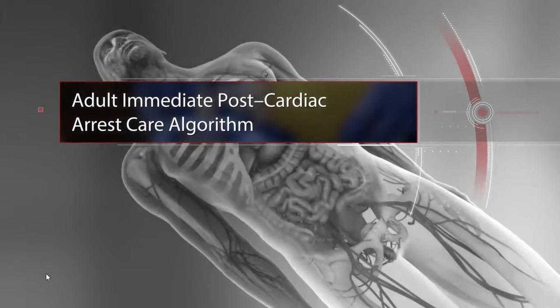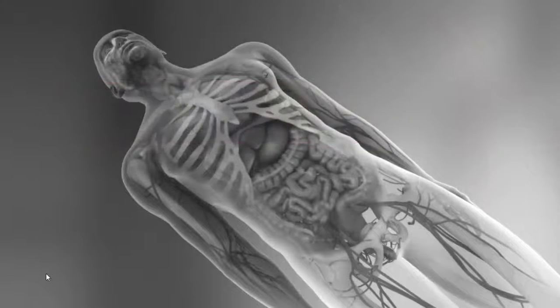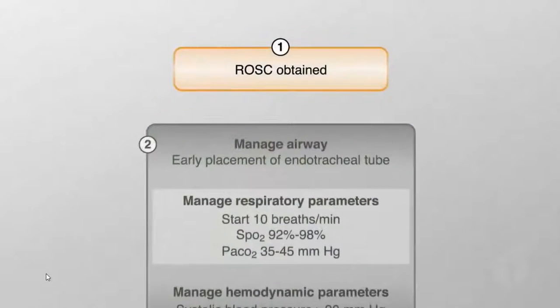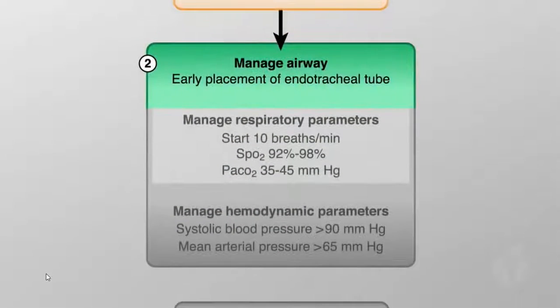The adult immediate post-cardiac arrest care algorithm begins with ROSC. The first action is to ensure an adequate airway and support breathing immediately after ROSC. Use the lowest inspired oxygen concentration that will maintain arterial oxyhemoglobin saturation between 92 and 98%. An unconscious or unresponsive patient will require an advanced airway for mechanical support of breathing if one is not already